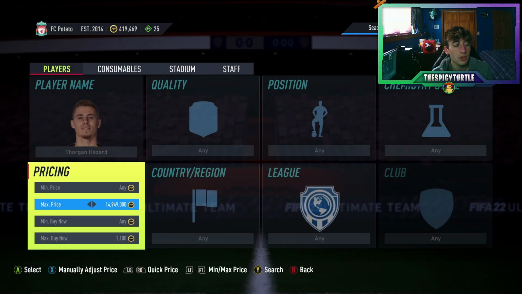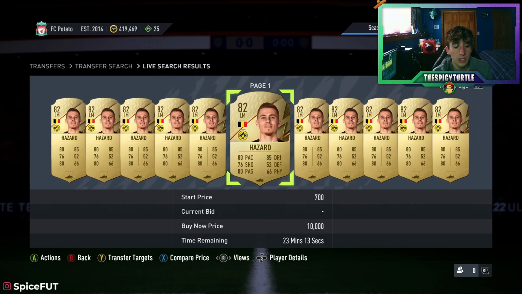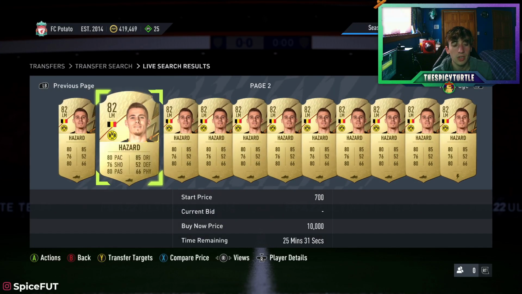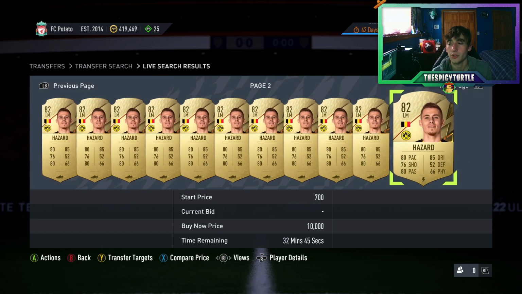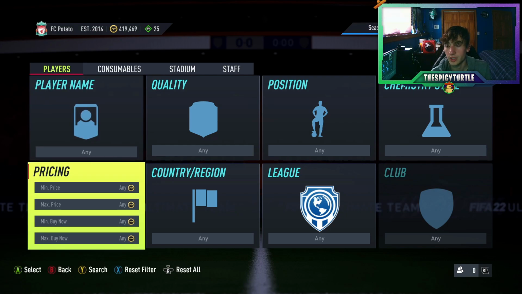And aside from sniping, you guys can also throw some bids in, so we can set Hazard's bid here to 1.1k. We can look for any, and we can just throw a bunch of bids down. As I said, this is being recorded during prime time, so it would be a little bit harder to win a bid at this time. But this is essentially what you guys would do for these SBC solutions, is go and try to find those